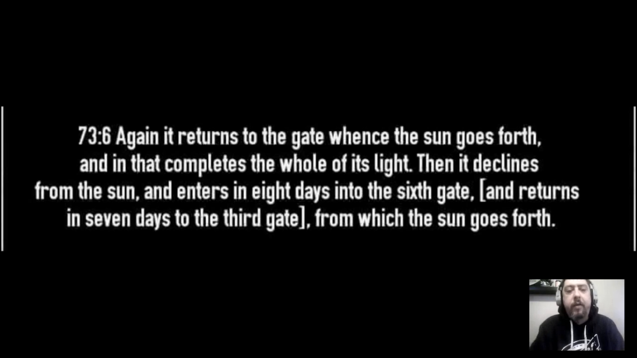Here we have, again, it returns to the gate whence the sun came forth. Sun goes forth, and in that completes the whole of its light. Then it declines from the sun and enters in 8 days into the 6th gate. There's 6 gates in total. They mention 3rd, 4th, and all that. This is the only spot where they mention the 6 gates. But